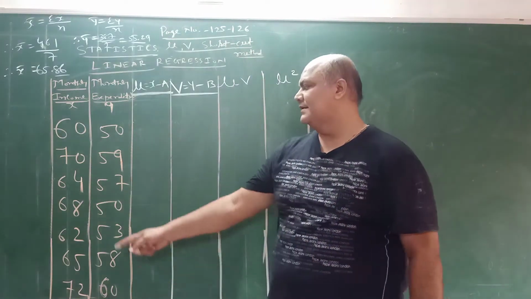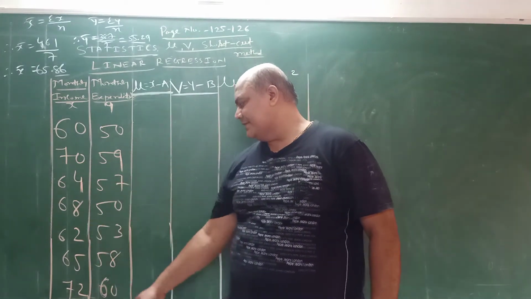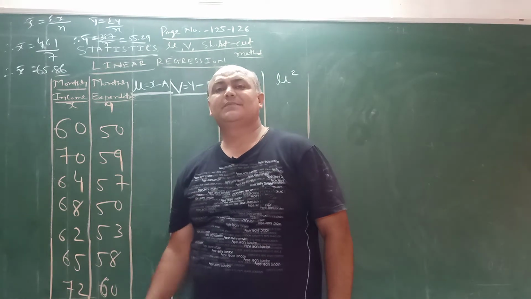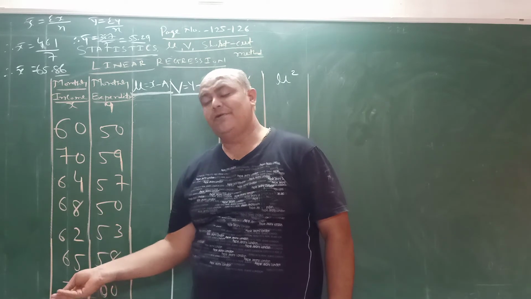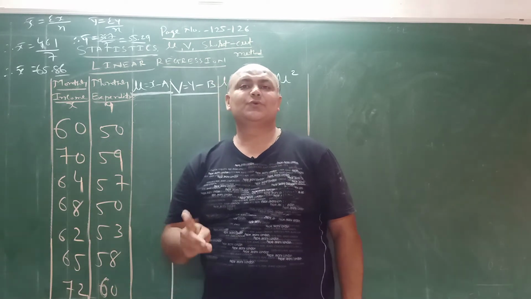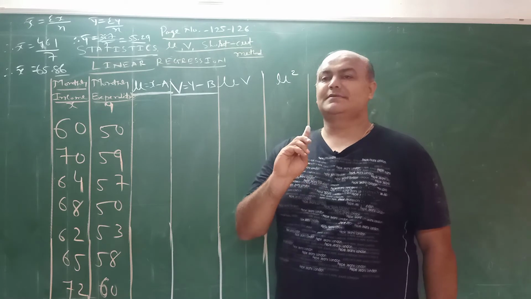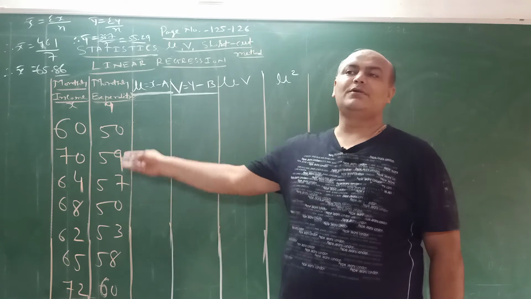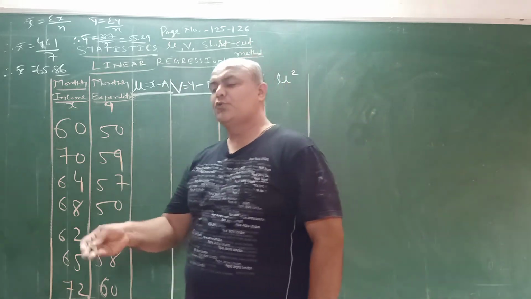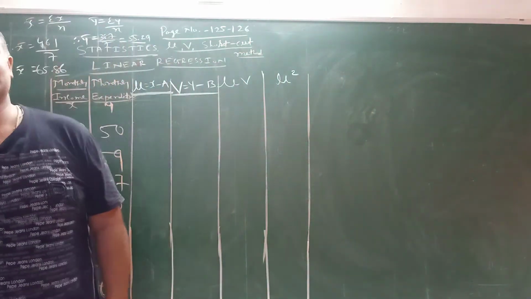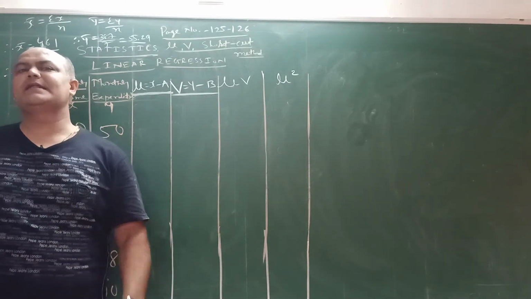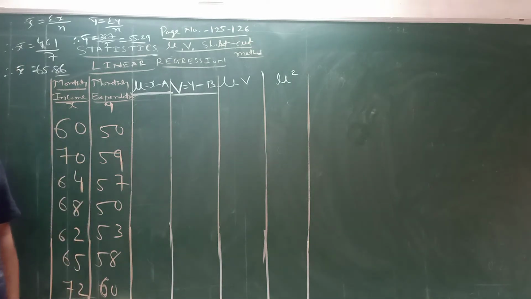But here you can see one observation is 68, one is 65. 65 is not divisible by 2. Some are divisible by 2, some are divisible by 5, some are divisible by 3. So we are not applying division. In y also, 59 is there, 50 is there. Not divisible by 5. All the digits are not divisible by 5 or 2 or 3. If all the digits are not divisible by one same digit, then division is cancelled. So we only have to apply subtraction.